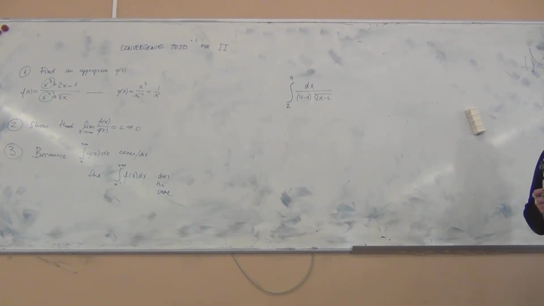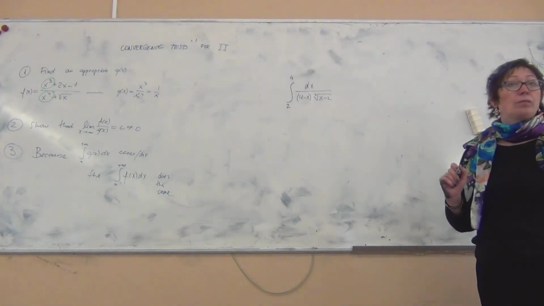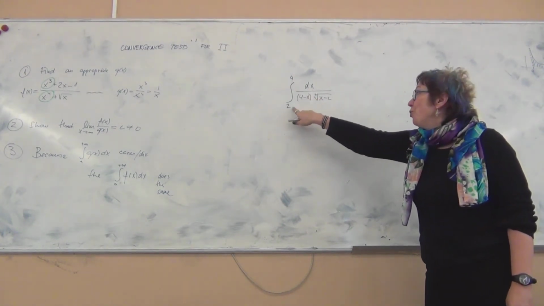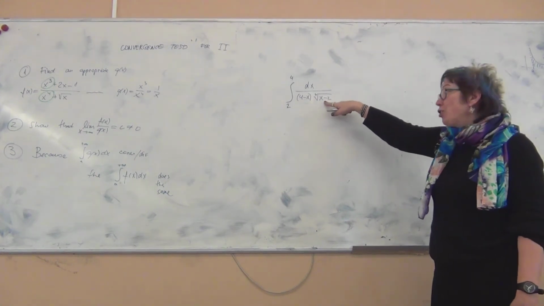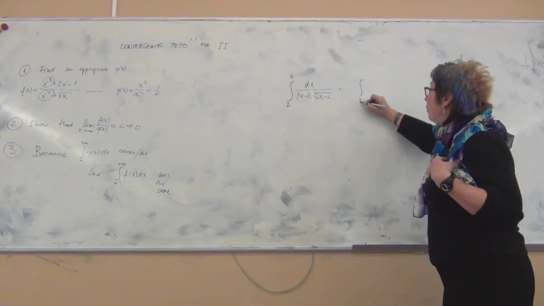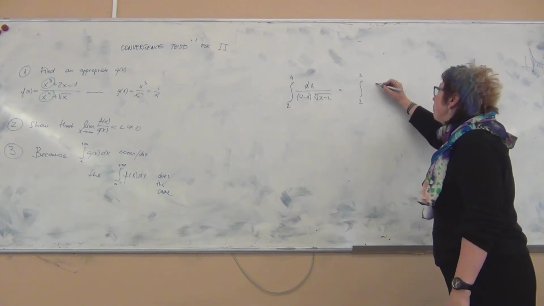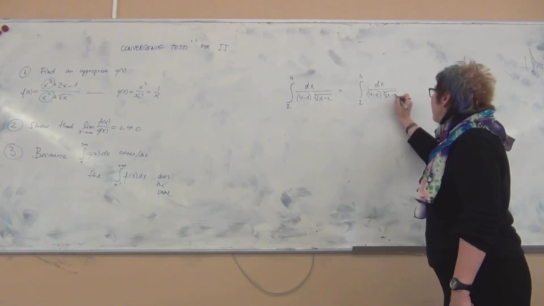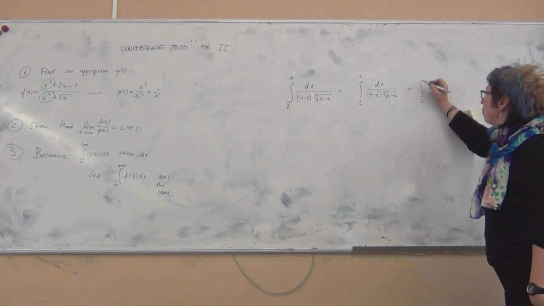Unfortunately. Actually, we can see that for this function, both ends are bad. So we should perhaps split it into 2 parts. Because if x is 4, then this gives us 0, and if x is 2, then this gives us 0. We get division by 0 at both ends, and that's what makes it bad. So I will split it into 2 parts: the integral from 2 to 3, dx over 4 minus x times cube root of x minus 2, plus the integral from 3 to 4,